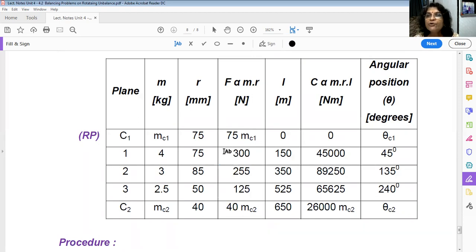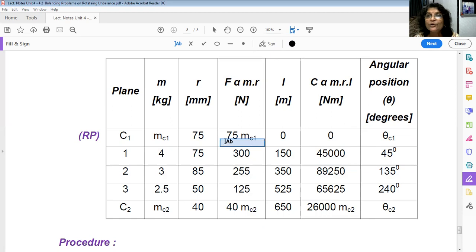That's why we have to take a reference plane either at C1 or at C2. Okay, because all the moments are taken from that reference plane. So naturally, if I take the reference plane at C1, what is the moment of this force along C1? 0. That means this unknown will be eliminated. If I take this as a reference plane C2, what will happen? The moment of this force about C2 is 0. So this would be 0 then in that case. So either you take this as a reference plane or this as a reference plane, so that one unknown will be eliminated. Okay, so that I can draw the couple polygon.